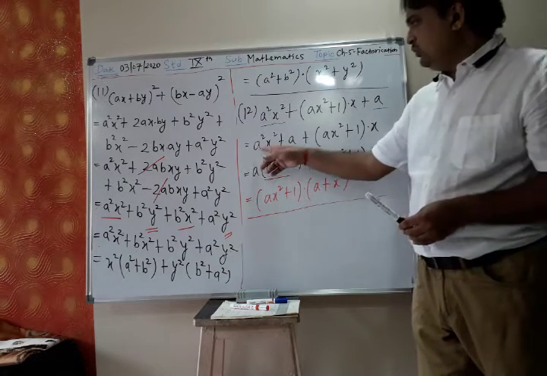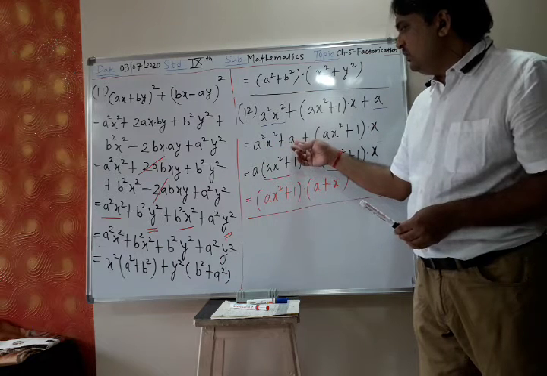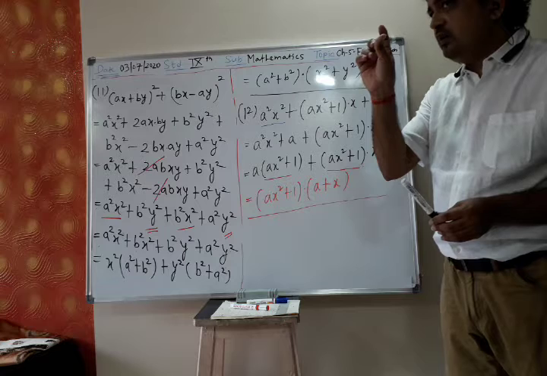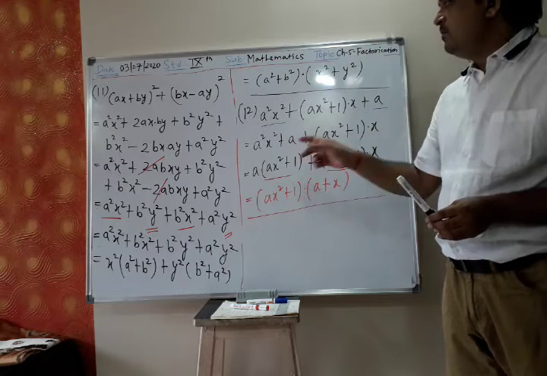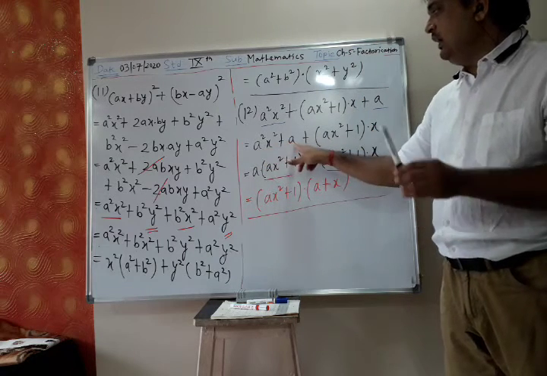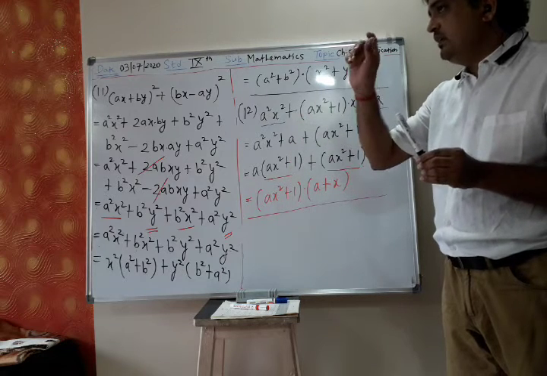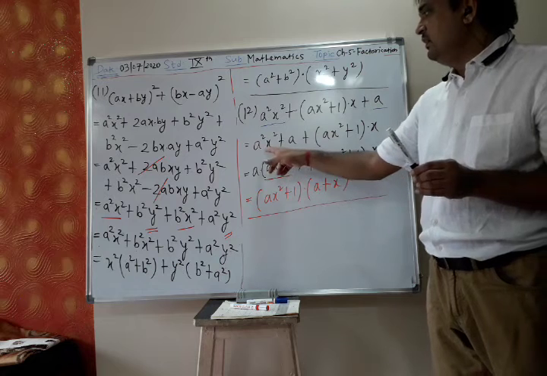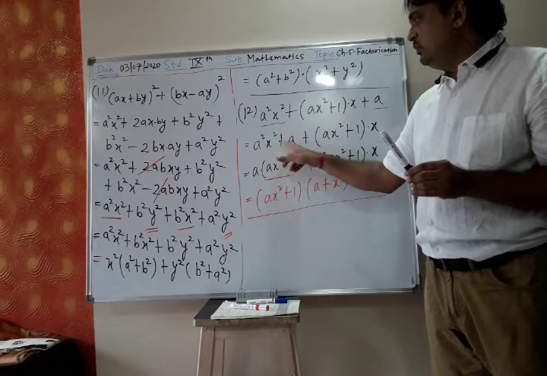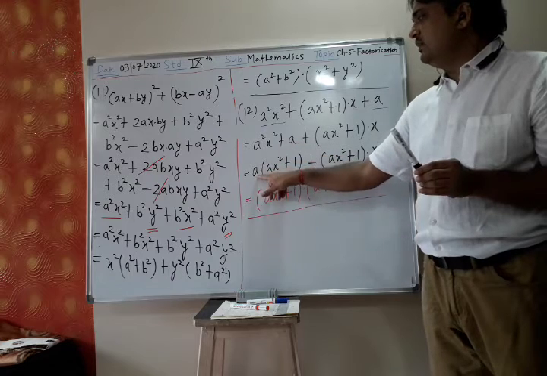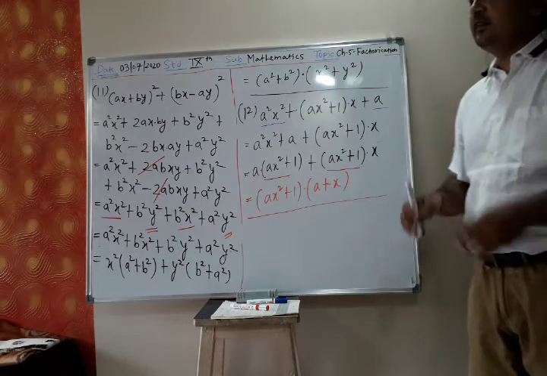No, if you write a square outside, then there is nothing common. No, there it is a. And when we take, which term we take common? The lowest power. Out of a square and a, this a is having the lowest power. The smallest power we take in the common factor. Is it clear? So this I will take common. I will not take a square common.